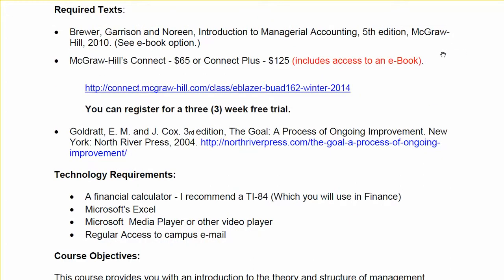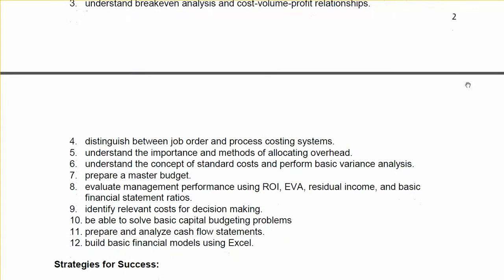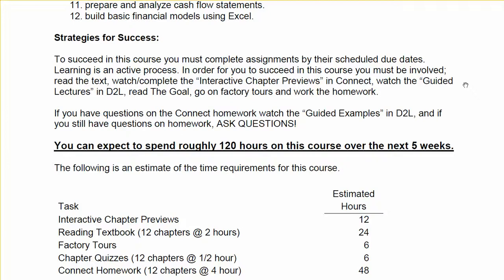Next, there's a section on the required text for the course. Brewer, Garrison, and Noreen, Introduction to Managerial Accounting. You're going to need access to McGraw-Hill's Connect, as well as a copy of The Goal: A Process of Ongoing Improvement by Goldratt. In terms of course objectives, read through the course objectives, but most importantly, please pay attention to